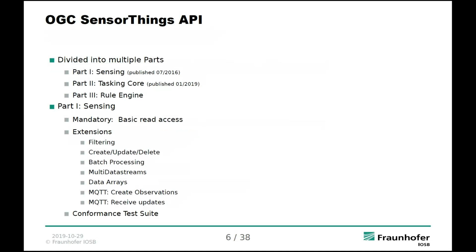The standard itself is divided. It's not one standard actually, but multiple standards. So there are currently two parts. The first part is called sensing. It deals with everything related to the sensing domain, and it was published in mid-2016. The second part is called task and core, which is dealing with actuators, and was published at the beginning